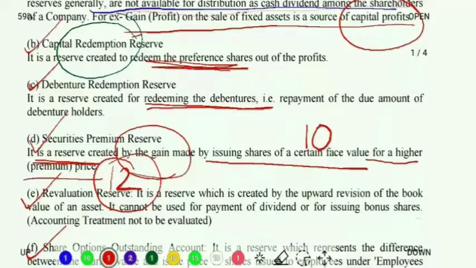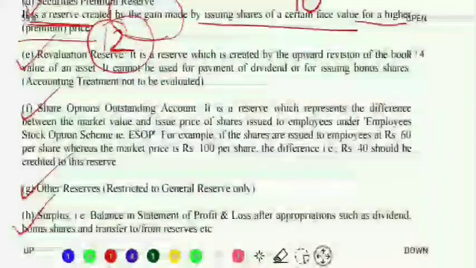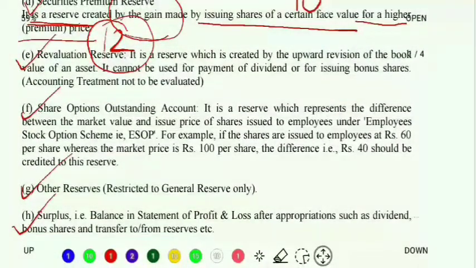Okay, now we shall move to the next type of reserve which comes under reserves and surplus, and that is revaluation reserve. Now revaluation reserve, you must have known this term because we generally use this while following the terms of partnership. If there is an admission, if there is a retirement, then we prepare the revaluation account. What is revaluation account? It means that the values of the fixed assets and the liabilities in the balance sheet change at the time of retirement of the partner.